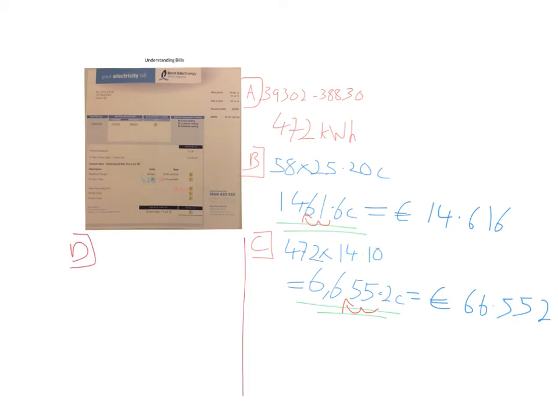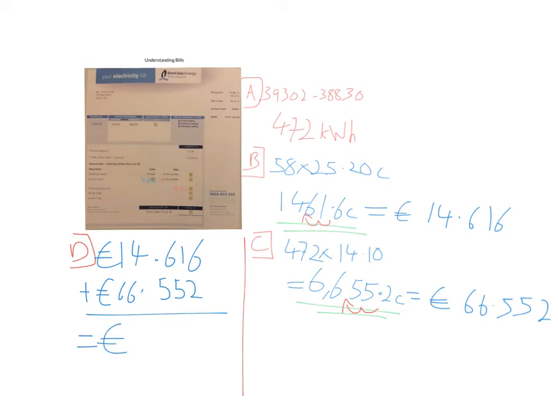So to get D, it's going to be B plus C, or 14.616 euros, add on 66.552 euros. When we add these together, it gives us a total of 81 euros